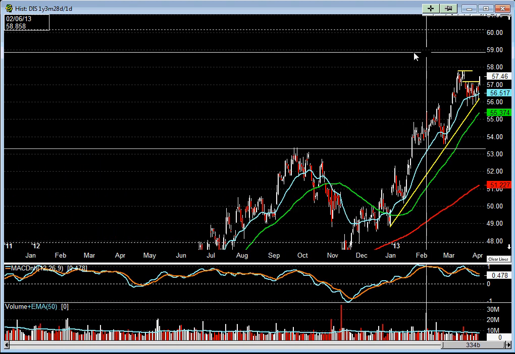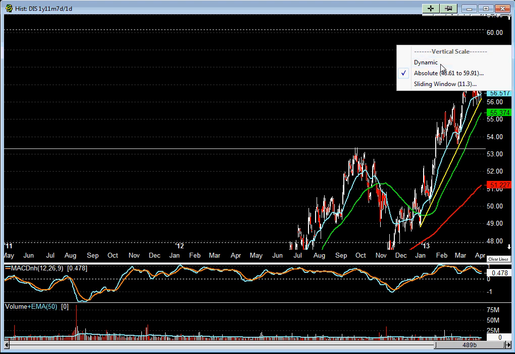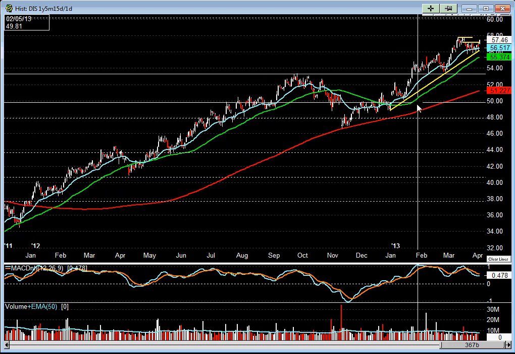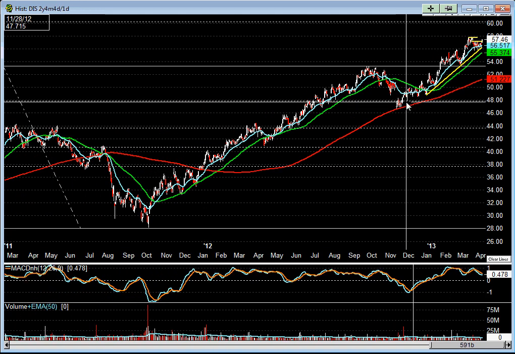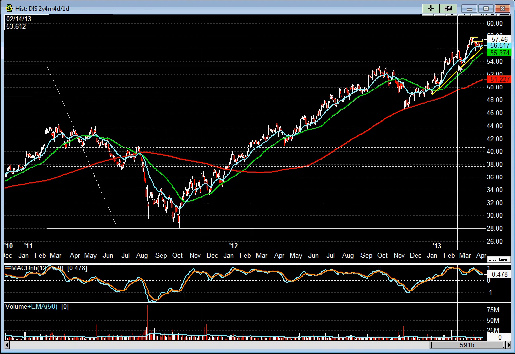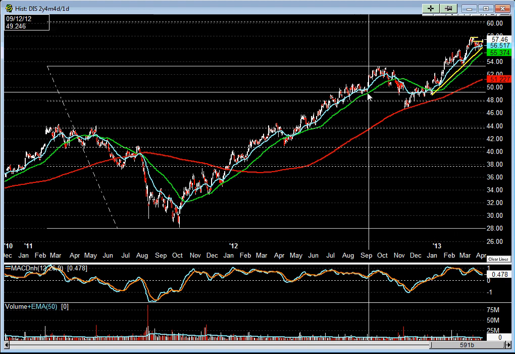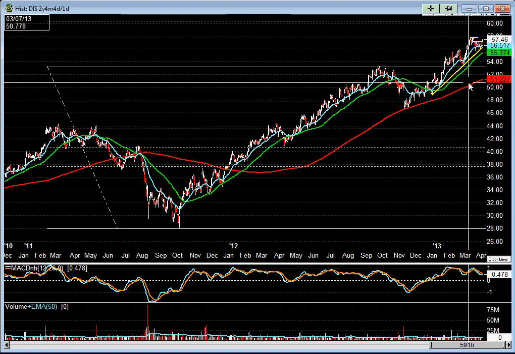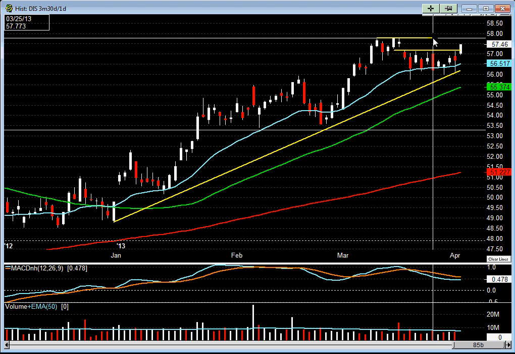And this extension is essentially based on, let me see here, let me get this. It's based on this particular swing here, right? Between this move here and going to this swing, and once it breaks through, essentially this is a 127 extension on this particular movement. Okay, so that's basically what I was targeting with this long position on Disney.